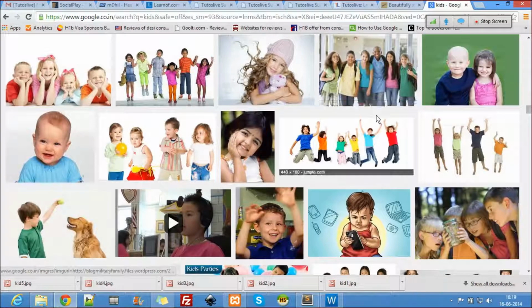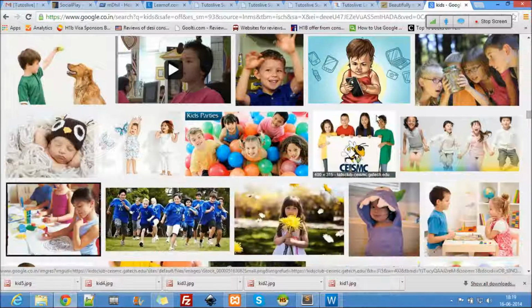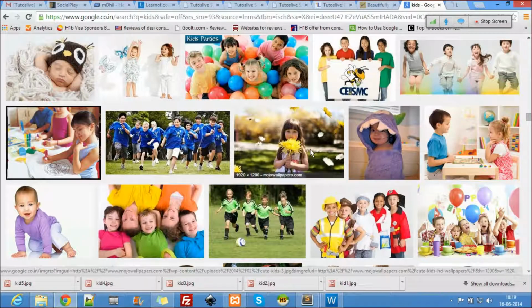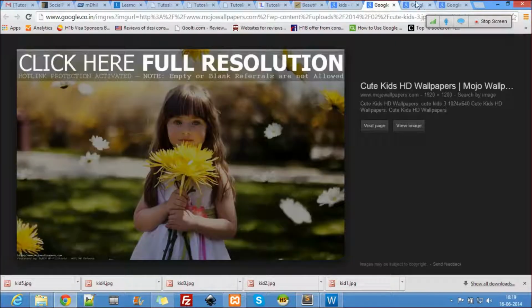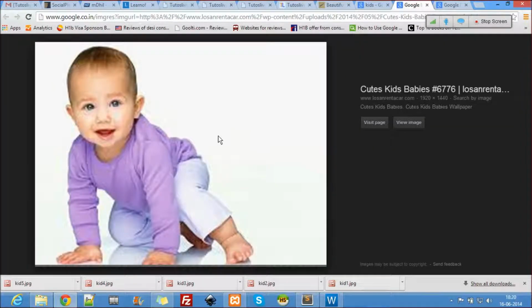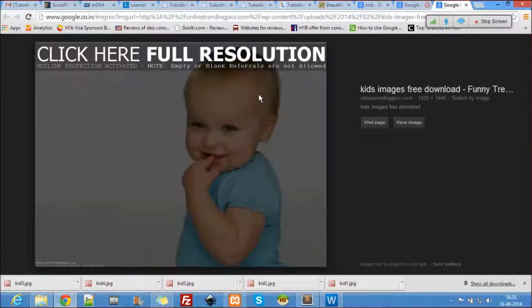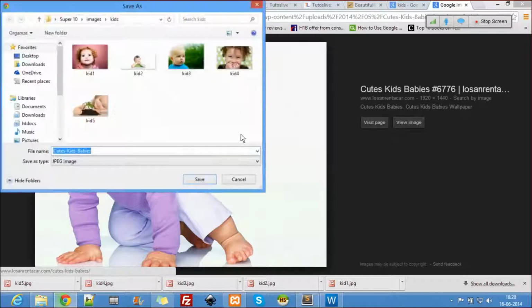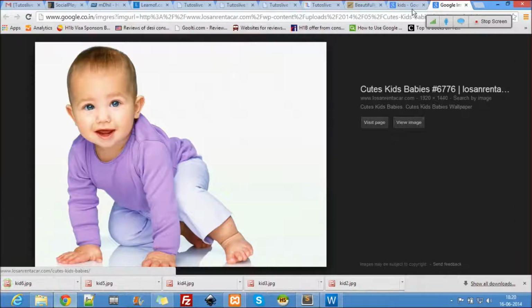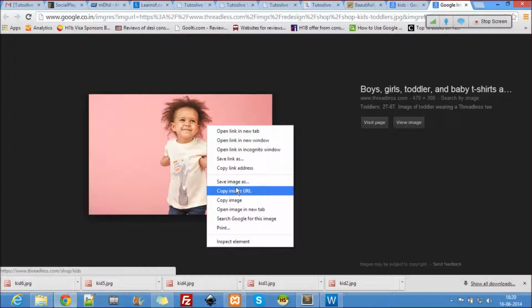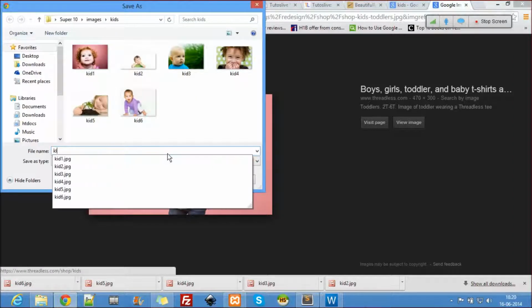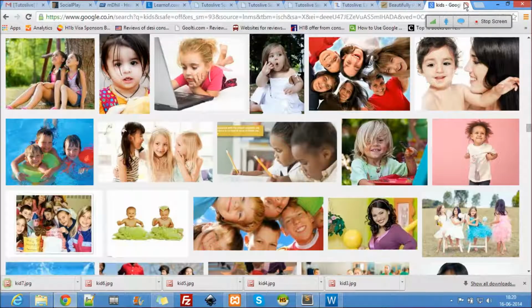So we need 2 more images. Let me just download them real quick. Maybe this one is good, and this guy is good. Kid 6. We need one more image, because I want to show the defect of float, and why display inline-block is good. So for that purpose I need 7 images. Kid 7. Alright, so looks fair and good.